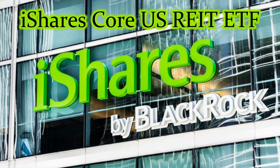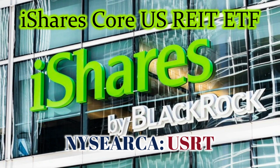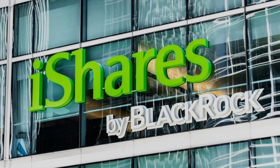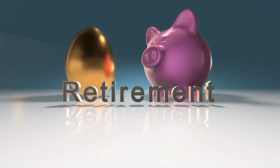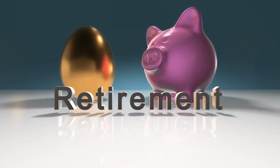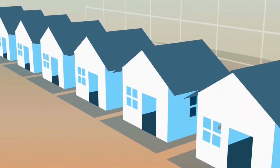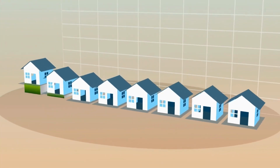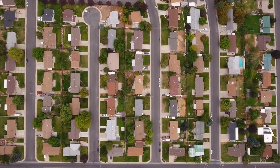The second one is iShares Core US REIT ETF, good for opportunists looking for a low-cost and diverse portfolio of high-quality REITs. Indexing is a proven method of gaining exposure to equities and fixed income. In fact, most Americans have their retirement and investment accounts deposited in a fund that tracks an index such as the S&P 500 or the NASDAQ 100. Not surprisingly, indexing is also a very powerful way to gain exposure to real estate, specifically publicly traded real estate